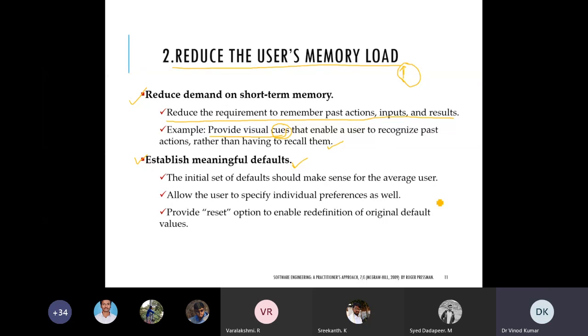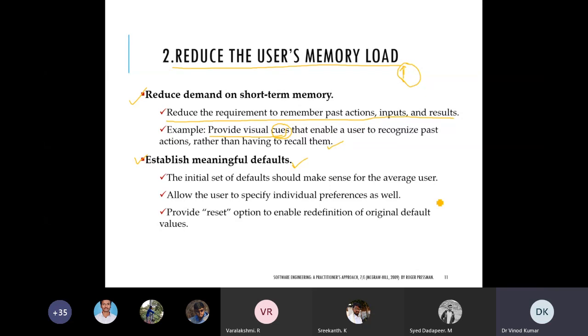The system should give the user the facility to do these things. If at some point something goes wrong, there must be some facility so that you can reset to the default. Sometimes, if somebody has used software like Photoshop, whenever you go to the home screen there are so many options of different panels.